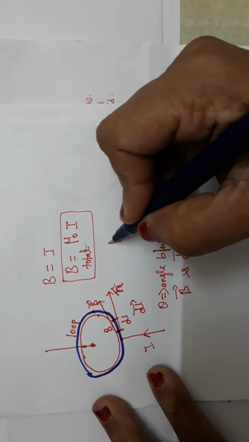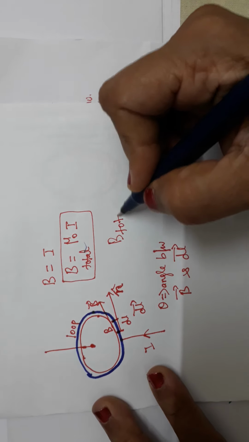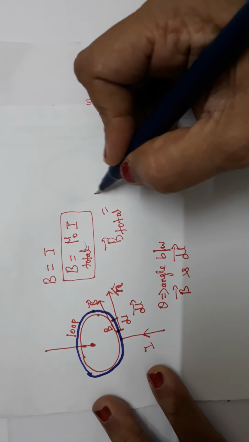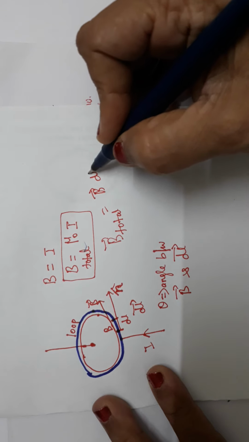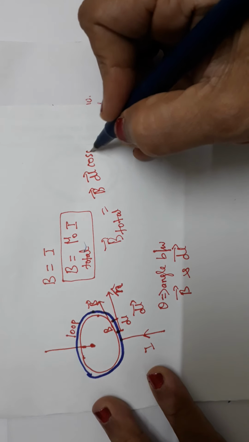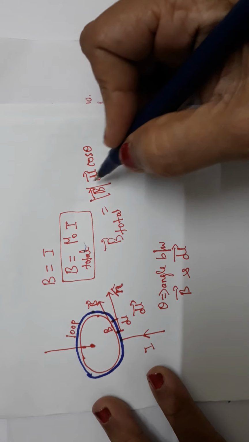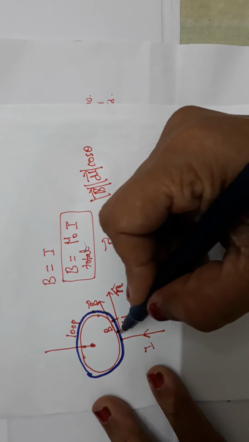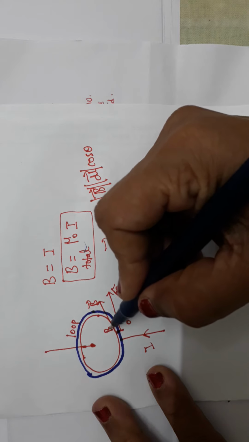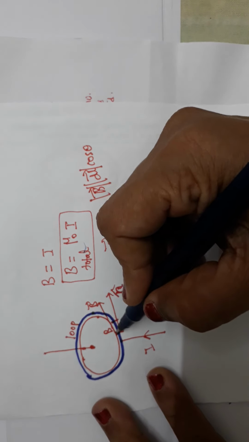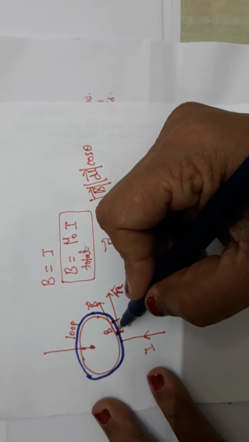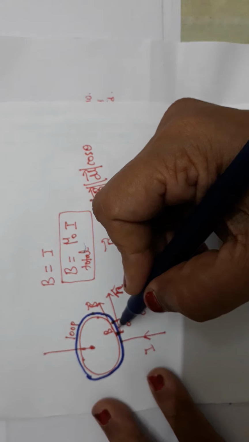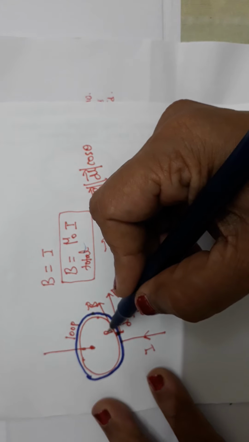So now the total magnetic field B total depends upon what factors? It depends upon the magnitude of the B vector, the magnitude of the dl vector, and also cos theta, right? Now see, B is the magnetic field in unit length. dl is the length you are considering as a unit value. It might be 1 millimeter or 1 centimeter. So in unit length, the magnetic field is B.